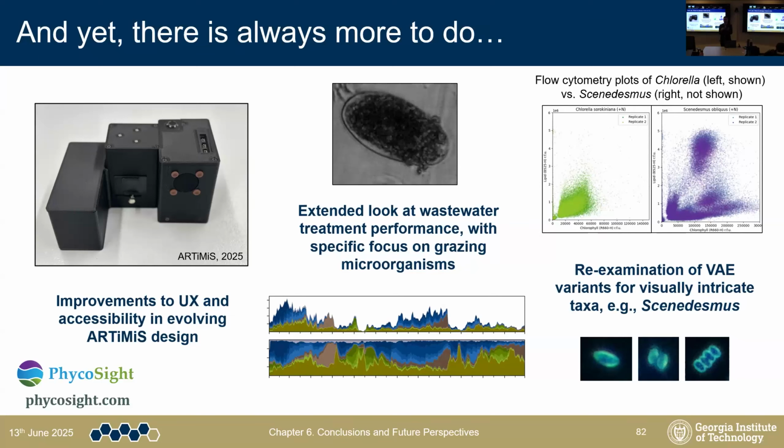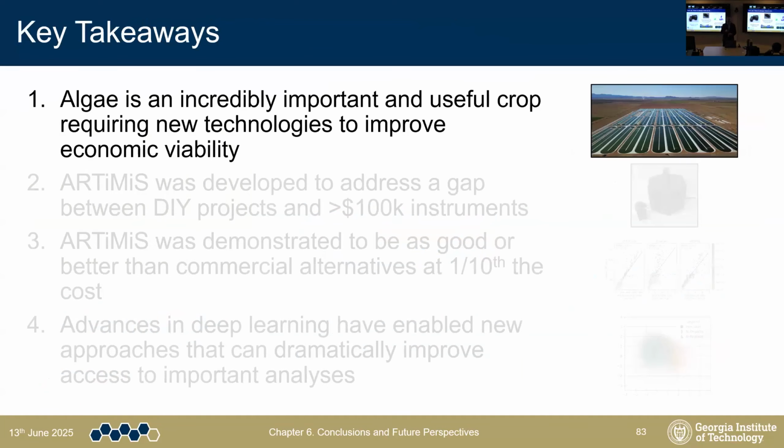So Scenedesmus, for example, like we talked about before, can exist as 1 cell, 2 cell, 4 cells, 8 cells. And so what's shown on the plot here above is on the left is the chlorella. So that's all the data that we talked about. On the right is what the flow cytometry lipid measurement of Scenedesmus does. It's much more complicated. It's much more difficult to fit. Both the VAE and regression models do it. So that is something that if I can't do it, hopefully someone else can.